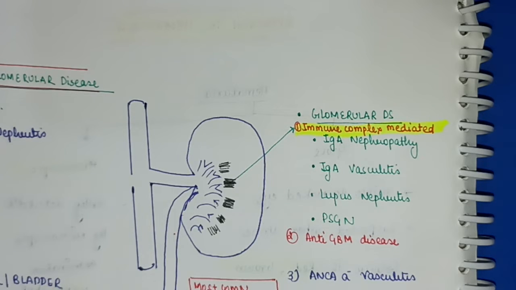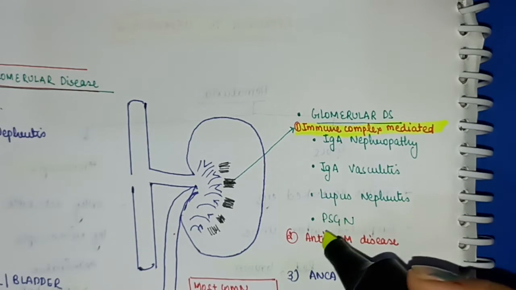Two to three weeks after a throat infection, the patient will present with hypertension, microscopic hematuria or pedal edema. Then we can make a diagnosis of post streptococcal glomerulonephritis. So in glomerular diseases, hematuria can be related to immune complex mediated diseases like IgA nephropathy, IgA vasculitis, lupus nephritis or post-streptococcal glomerulonephritis. Anti-GBM disease,